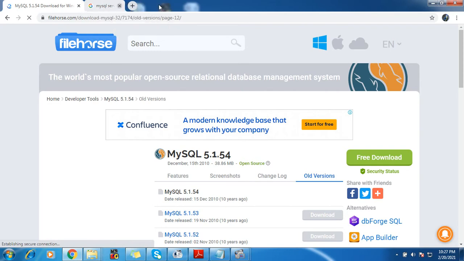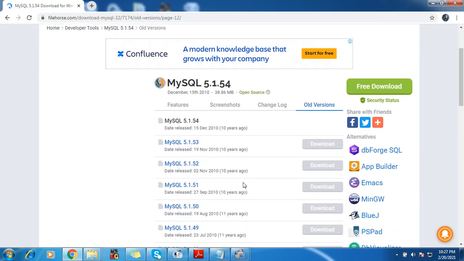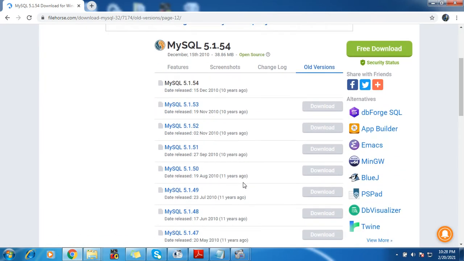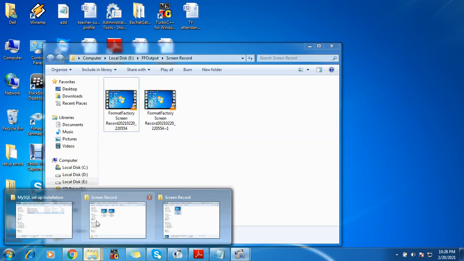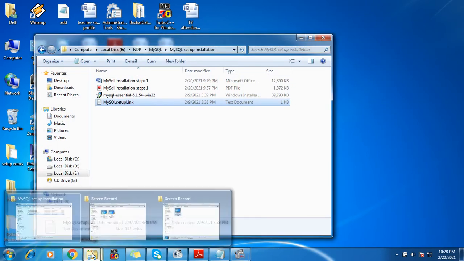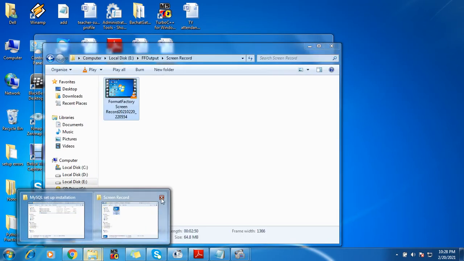But if your antivirus prompts or gives you a message of it having malicious content, do not visit and go for download. So here you'll get a list of downloads which is again according to the device configuration. You go for the free download. I have already downloaded it, so I'll not download it again. You can click on this and the setup will get downloaded on your device. I have already downloaded it and installed it. So let us go through how it looks.